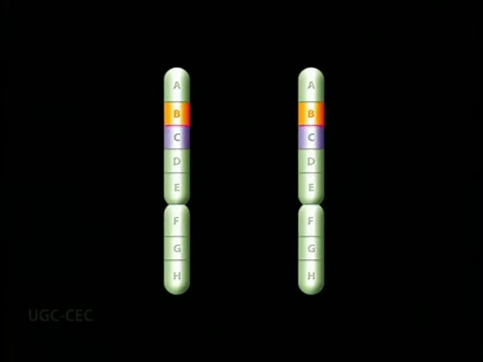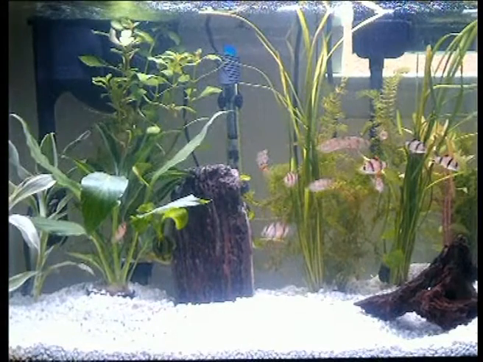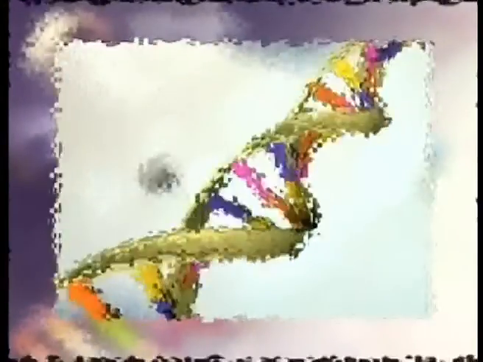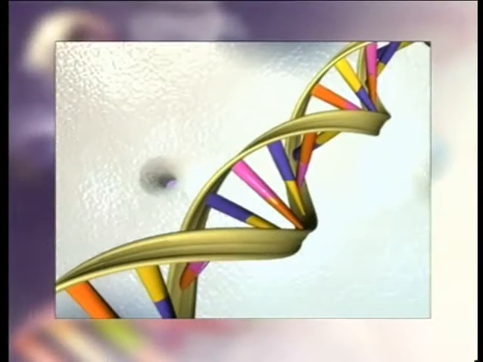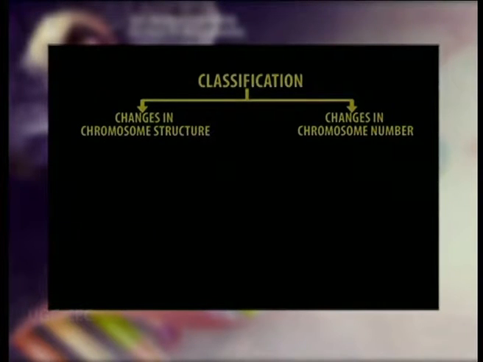Chromosomal alterations can occur spontaneously, or they can be induced by chemical or radiation treatment. They can be detected by genetic analysis, that is, by changes in the linkage arrangement of genes. As far as the classification is concerned, chromosomal alterations fall under two major classes. First, structural chromosomal alterations, and second, numerical chromosomal alterations.